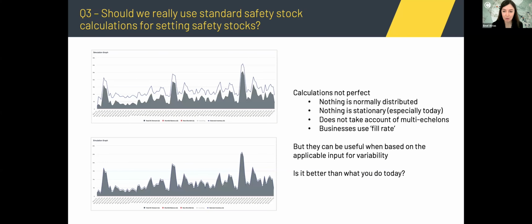And the other thing to add here is the number of echelons that we see also on the slide. So we have a network, we have branches, we have distribution centers fulfilling the branches or stores. Can we look at the inventory investment across the network, not just individual places? Because if we were to set the safety stocks based on just the individual stores, we tend to end up with much higher inventory across the entire network than if we were able to incorporate the inventories in echelons. Yeah, totally agree. Thanks, Emma.